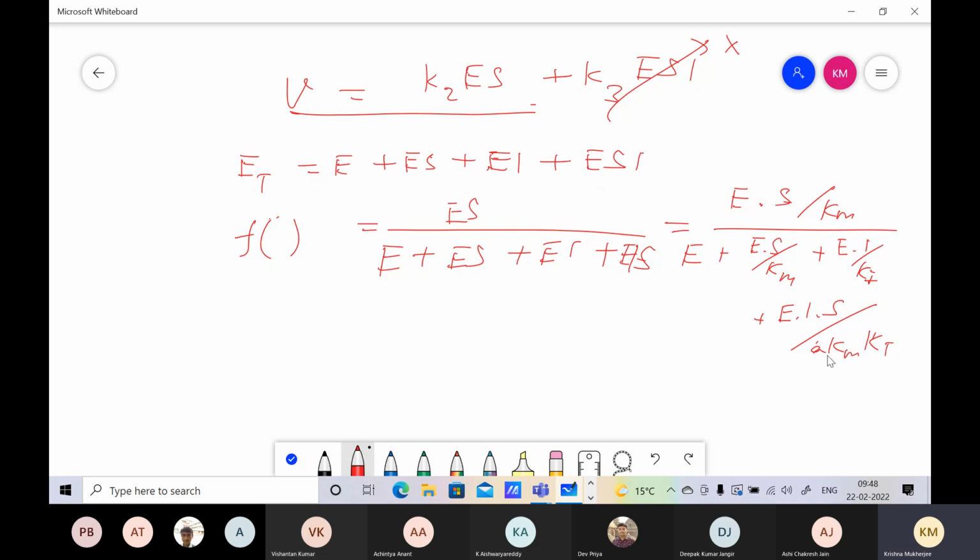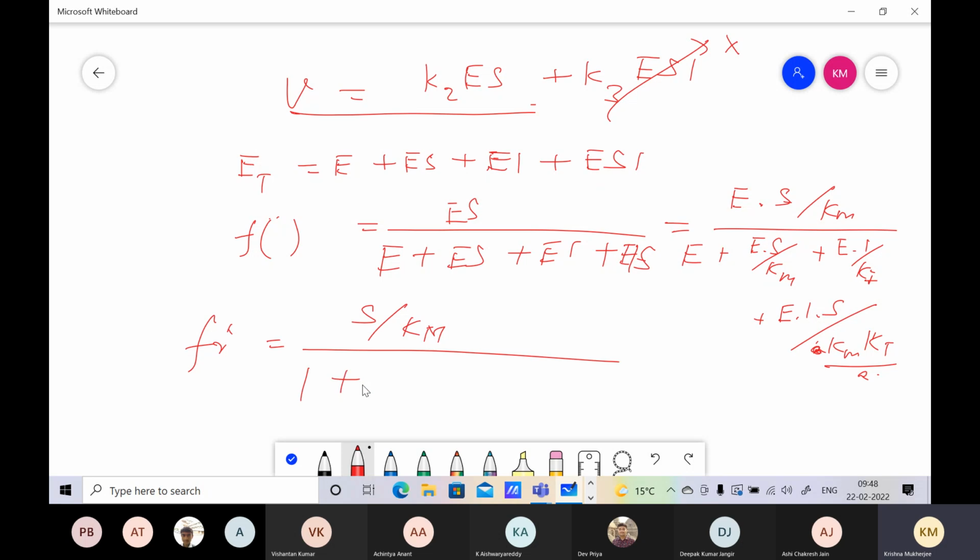Sorry, Km by Ki by A, I had done it upside down. I had kept A at the bottom, so it will go to the top: upon Km Ki by A. Is this all right? And then we divide by E and we can get the fractional saturation as S by Km